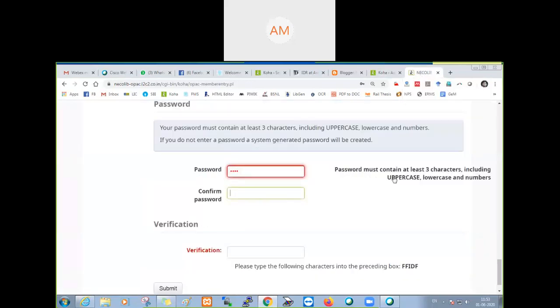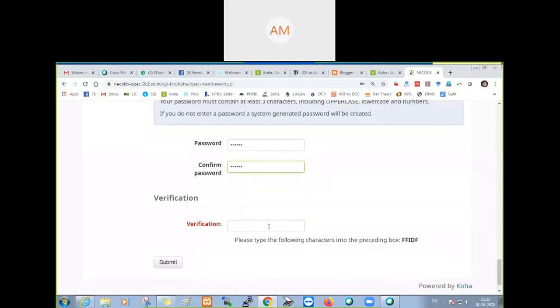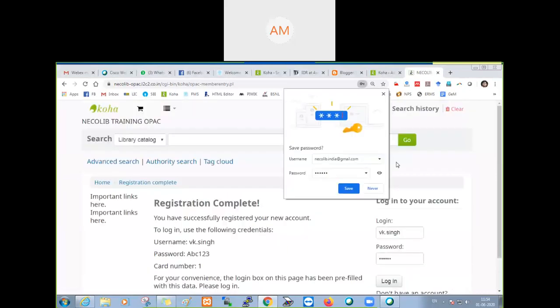Here you find that the password must have an uppercase character including lowercase. That you may change, but we are keeping it uppercase, lowercase. So it's ABC123, A is capital. Verification code you have to show here. I have clicked on submit. Now see,